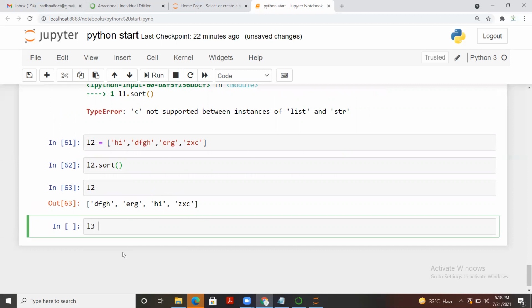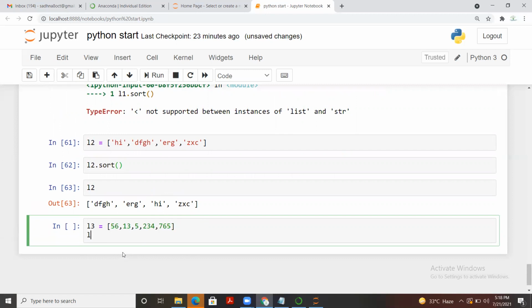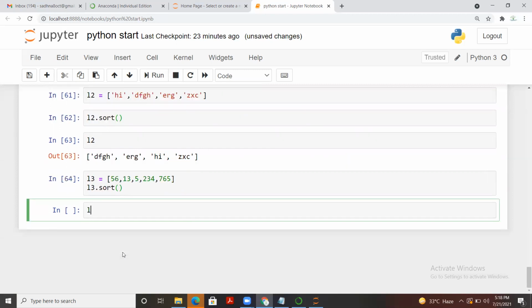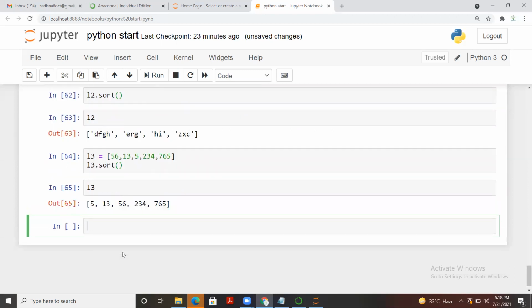We can create a new list to check it on a numeric value as well. And here it goes. If I apply sorting over it, sort the L3 as well. So this is how. But if we have two instances all together, it will not work. Let me create one more list here with two instances.